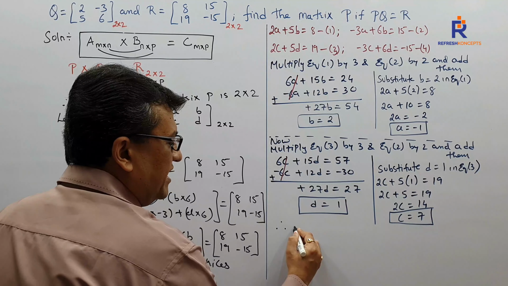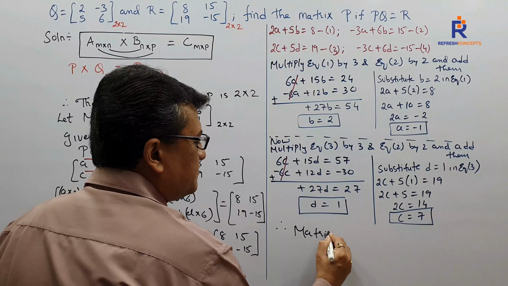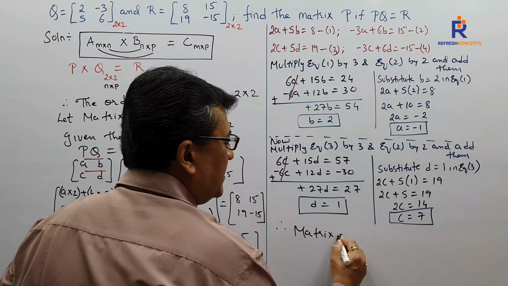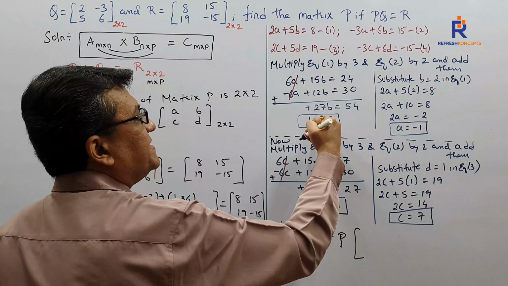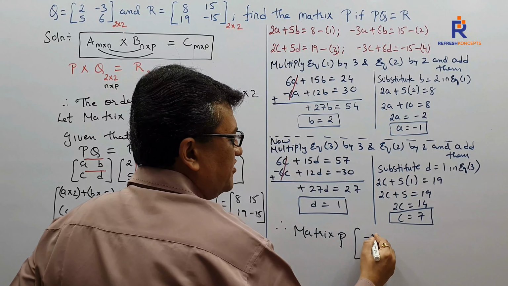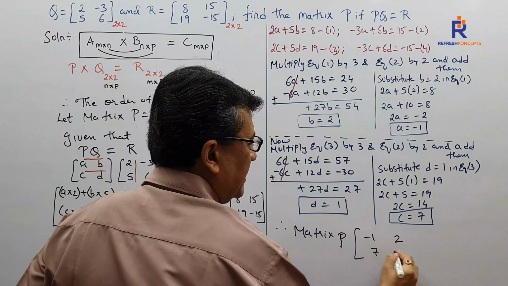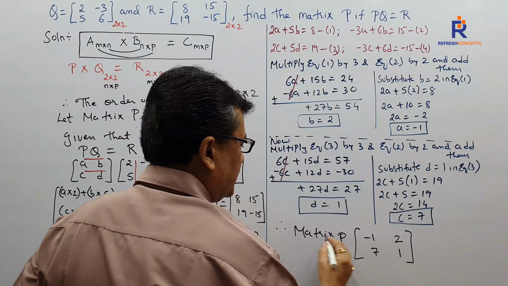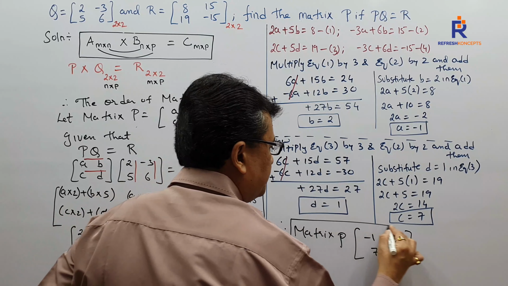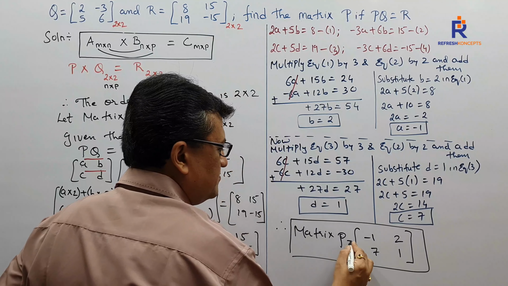Therefore, matrix P, which comprises elements what? A, B, C, D. Matrix P, which comprises element A, which is minus 1, B, which is 2, C, which is 7, and D, which is 1. So this is what our final answer is. Matrix P is equal to,